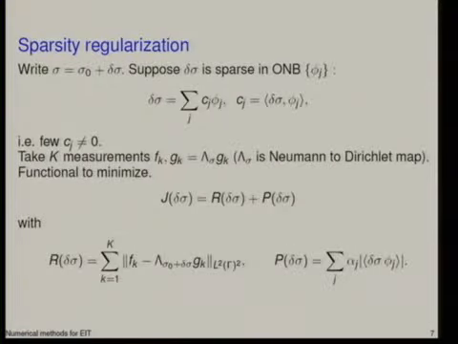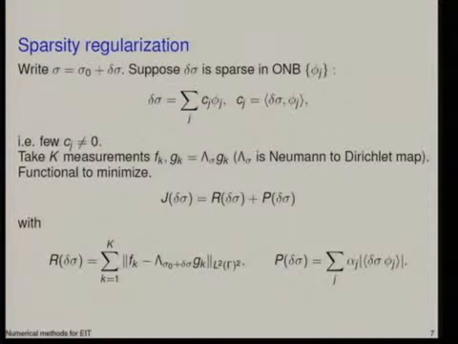So what we do in the following is we take k measurements of Dirichlet and Neumann data, where f_k is Lambda_sigma g_k, and this is now the Neumann to Dirichlet map. I hope it doesn't confuse too much. So we look at a functional, this is the one given here, a functional on delta sigma. Remember, sigma was of this form here. We know that sigma_0 is known. We're looking for the delta sigma. It consists of two terms. One is the data fidelity term, one is the penalty term.